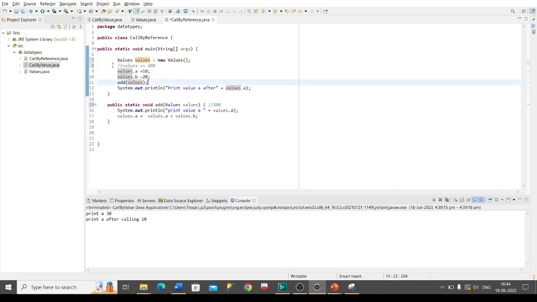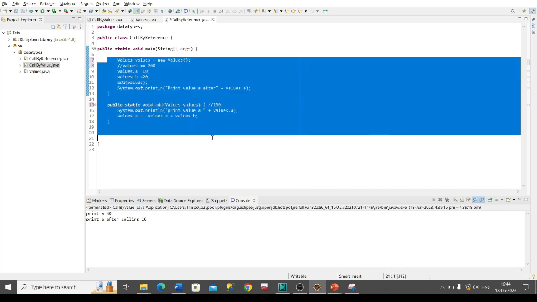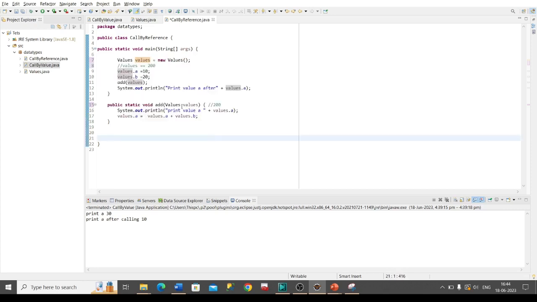Okay, now here you observe the call by reference is working, but the actual value you are passing, you are making a copy of 200 and passing. So passing is call by value. So whatever Java performs, it is call by value only. But because of this reference thing, call by reference is also supported in Java. So now if I run this